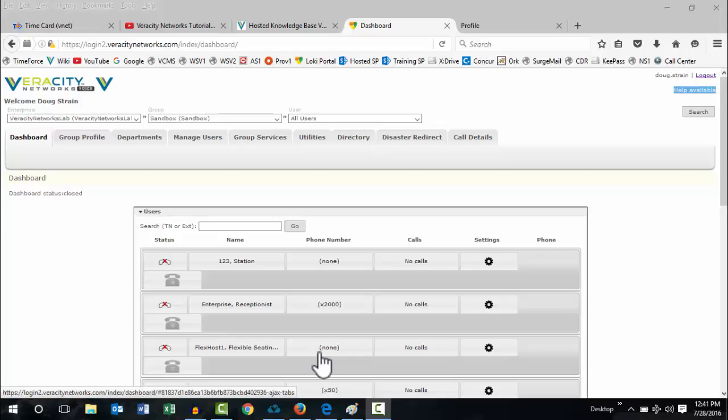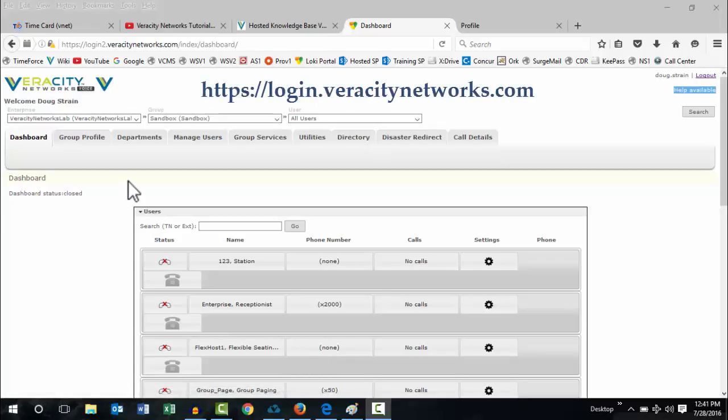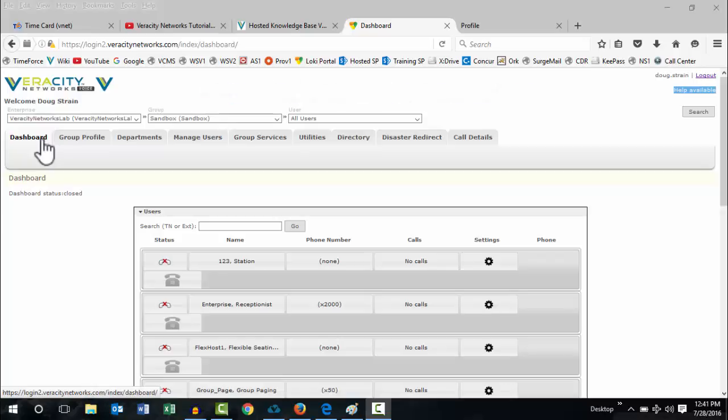Okay, to administer your hunt groups in the new Veracity dashboard, what you'll do is log into login.veracitynetworks.com with your admin password and username. You should start off in the dashboard tab. There's other tabs here. If not, just click on the dashboard tab, which will bring you to a place where